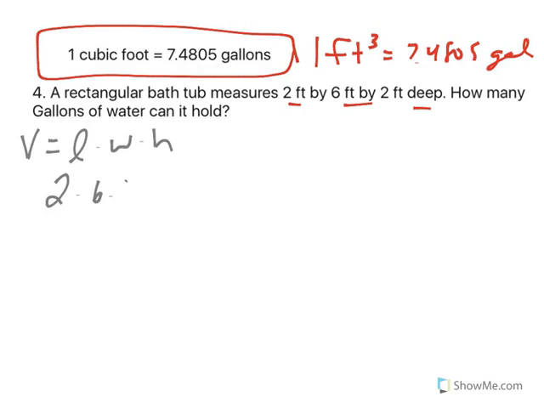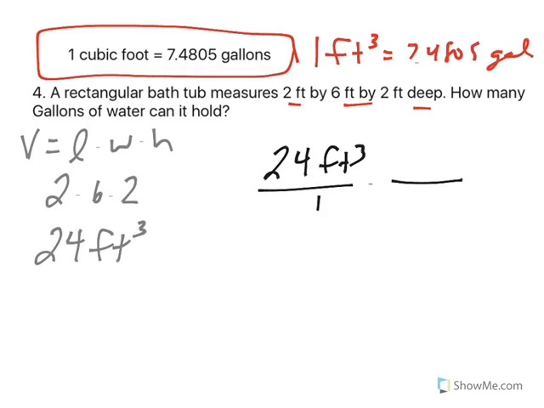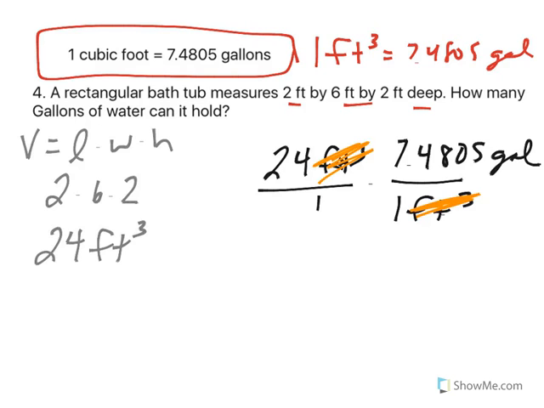So 2 times 6 times 2, which is 24 cubic feet. So if I want to find how many gallons, well, I start with my 24 cubic feet. And I think, well, 1 cubic foot, because I got to go up and down to be able to cancel out, is 7.4805 gallons. That makes my cubic feet cancel out. I multiply across, and this bathtub would hold 179.532